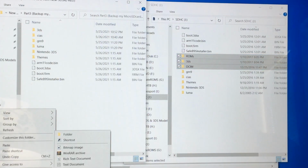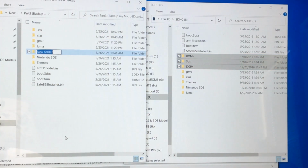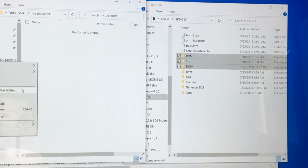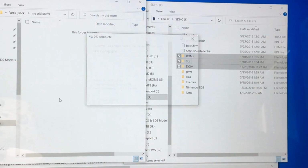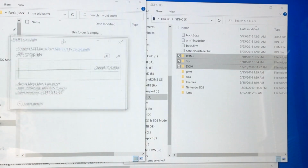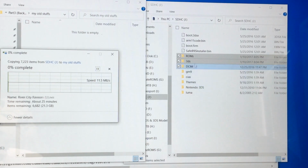I'm gonna put a new folder. It's my old stuff. Okay, this is gonna take a while because I got a lot of stuff in here that didn't work before. But anyway,